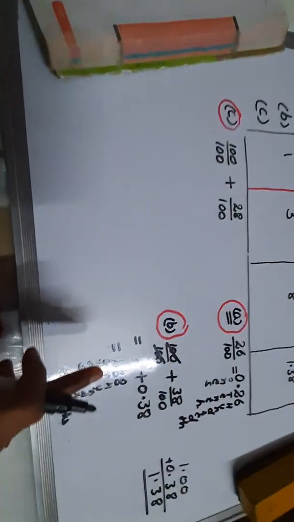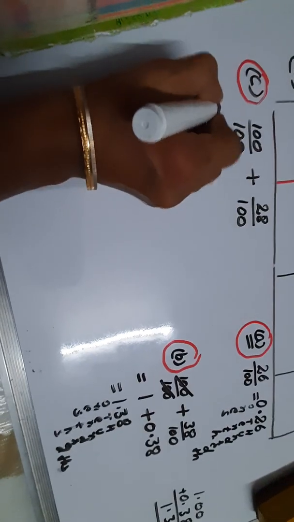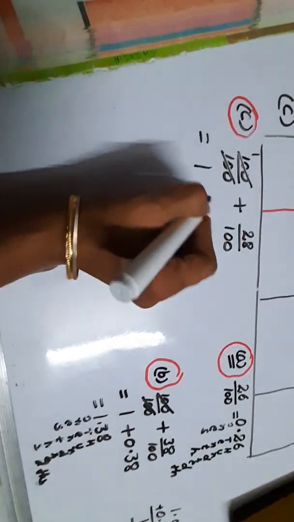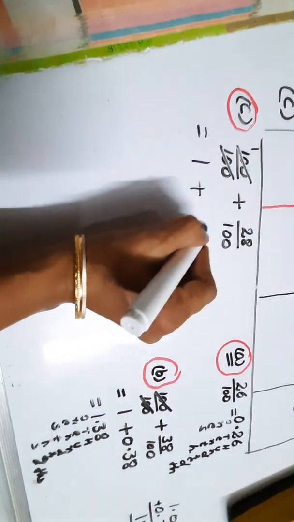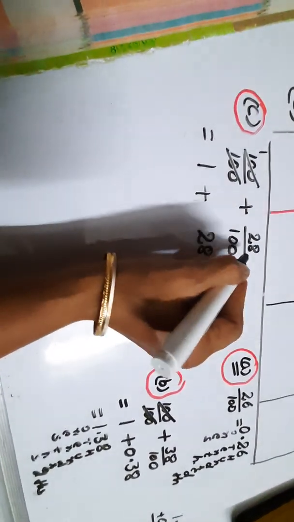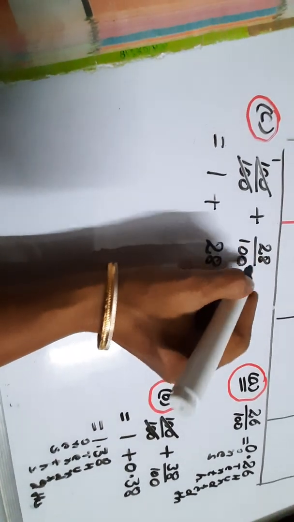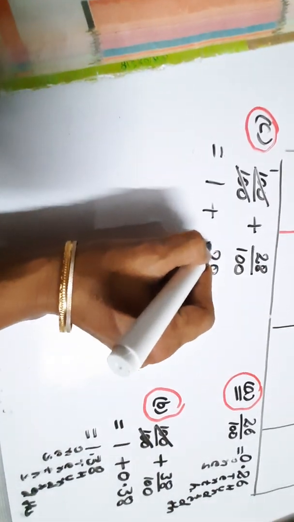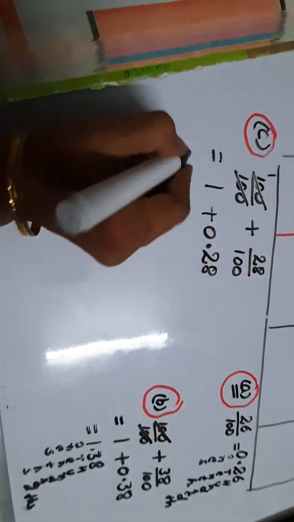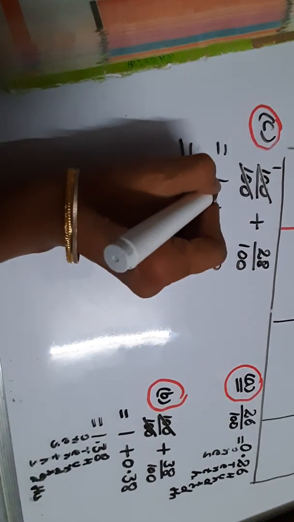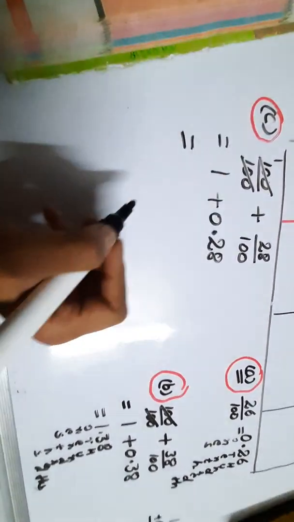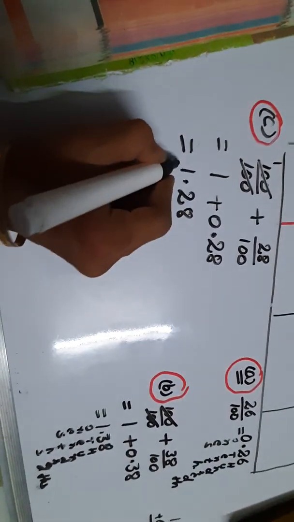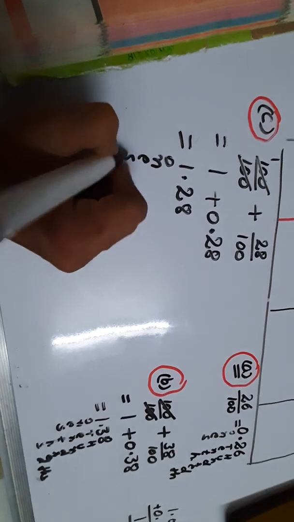So as we have done in the B part, similarly, let's move on. From here we'll get 1. 100 ones are 100. Plus, write down the numerator as it is. And for 100, we'll place the decimal. As it carries 2 zeros, leave 2 digits from the right hand side. 1, 2. So place the decimal and here 0. Now, to add it, as you know, we can write 1.00 like this. And we'll get 1.28.